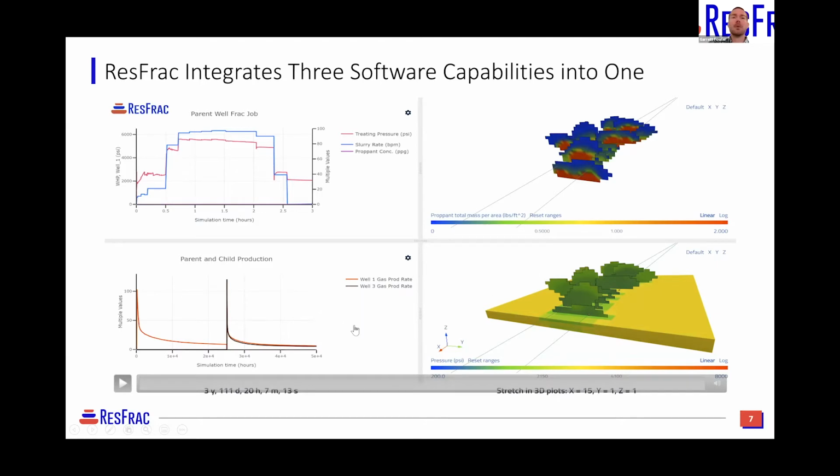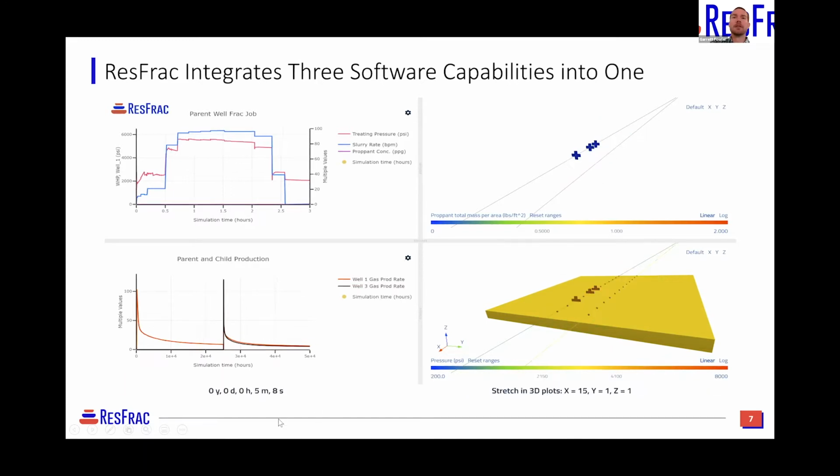The last thing I will mention before playing the video is that the axis of the wellbore has been stretched by 15 times, and that is to make each individual fracture more visible. So all we have done is take that image and stretch it such that we can differentiate individual fractures in the video. So I'm going to start the video.